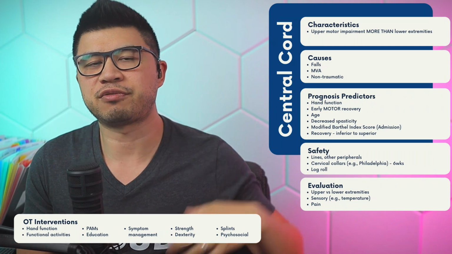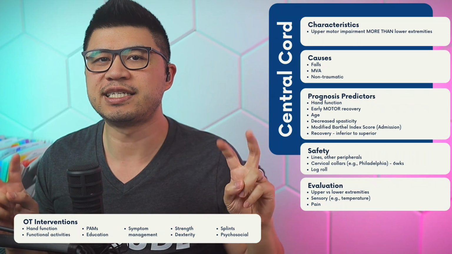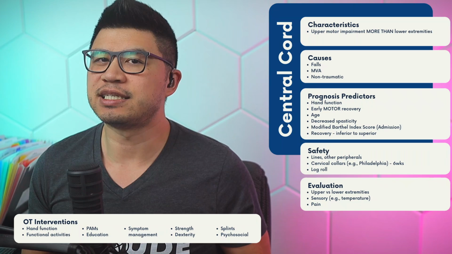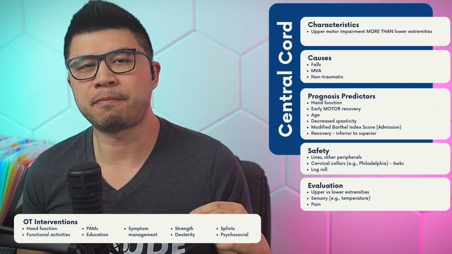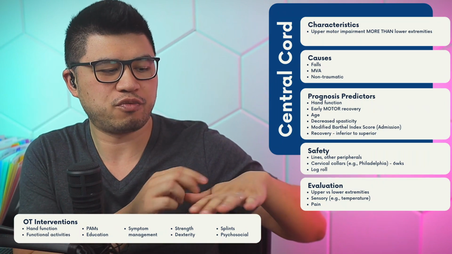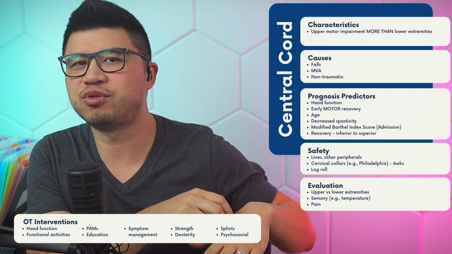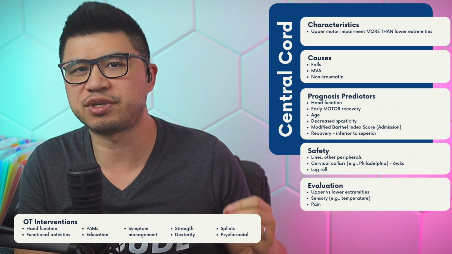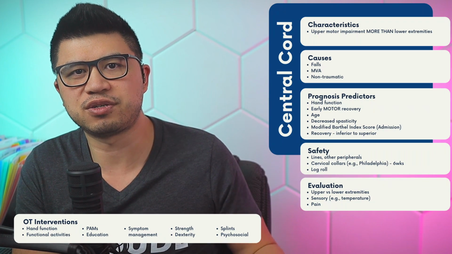To remember this direction of recovery for central cord, think of the word cent in central cord. 1 cent is also known as a penny, right? And if you pick up a lucky penny, it is from the ground where your lower extremities are, and then you stand up to bring it to arm level. So the penny moves in the same direction as the recovery of CCS from inferior, where your feet are, to